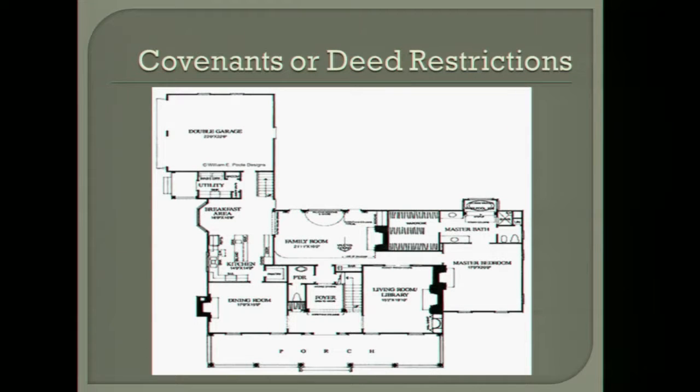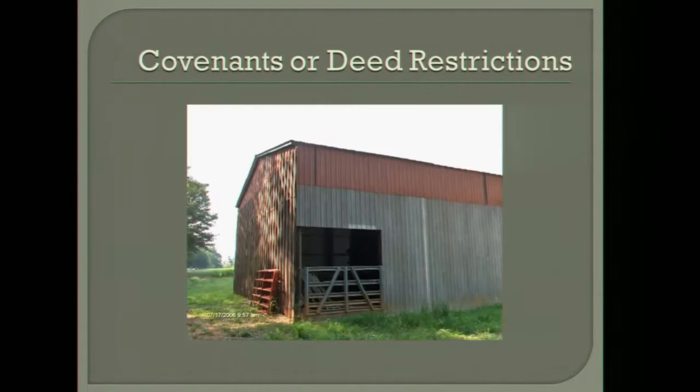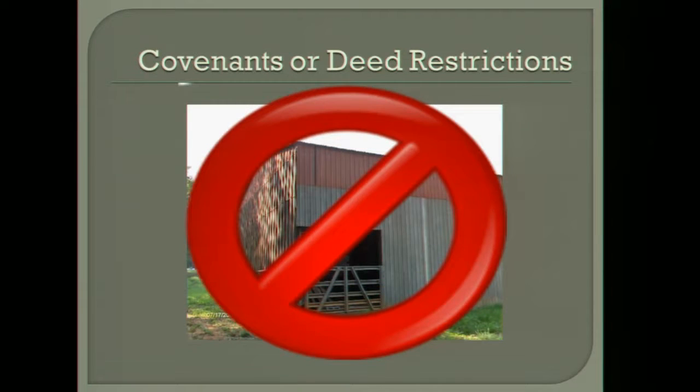But covenants or deed restrictions can also limit the size of houses or require a certain size house in a subdivision, and that could make the value higher. Limiting those things can also make the value higher. And they can also restrict certain types of buildings being built on types of properties too, which can affect the value of all properties,